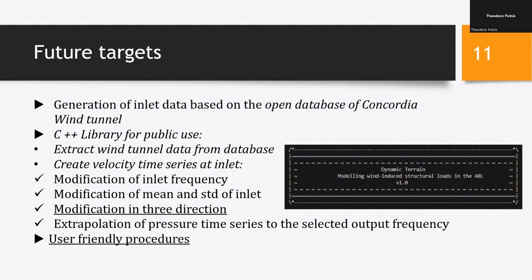We're creating this C++ library for public use. The target of this algorithm here is to, first of all, extract the wind tunnel data from the database of Concordia and create velocity time series at the inlet of the computational domain. It will give the user the ability to modify the inlet frequency, as we said, first of all, to capture the energy, the spectral content of these high frequency fluctuations, modify the mean and the standard deviation profile at the inlet in order to capture properly the exposure conditions for the entire analysis that we want,